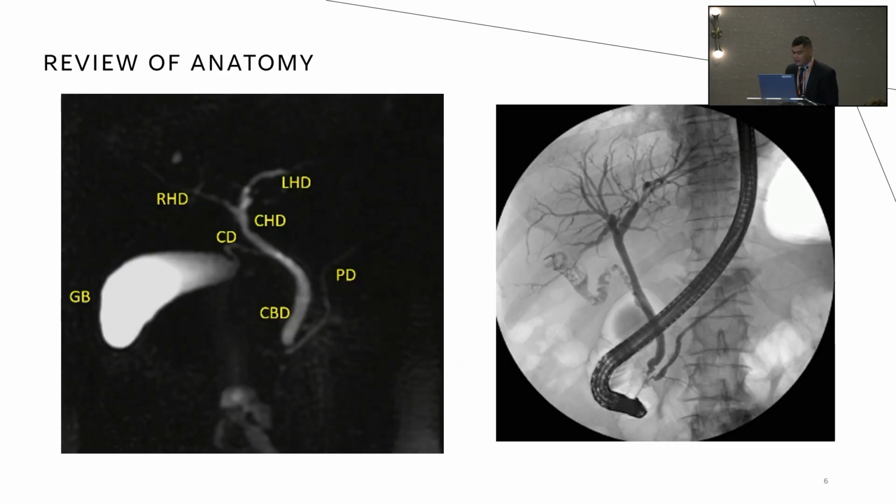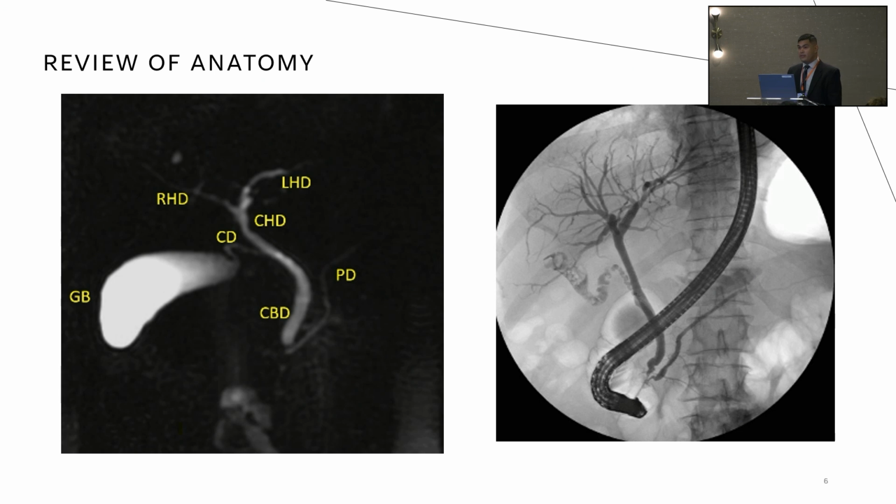And so these are very great images. On your left side, we have an MRCP, and this is an MRI that specifically looks at the bile ducts. And really it's kind of the same thing: the right hepatic duct and left hepatic duct combine to the common hepatic duct and then meet up with the cystic duct. Now there's a little strand that shoots off to the right of the screen, and that's the pancreatic